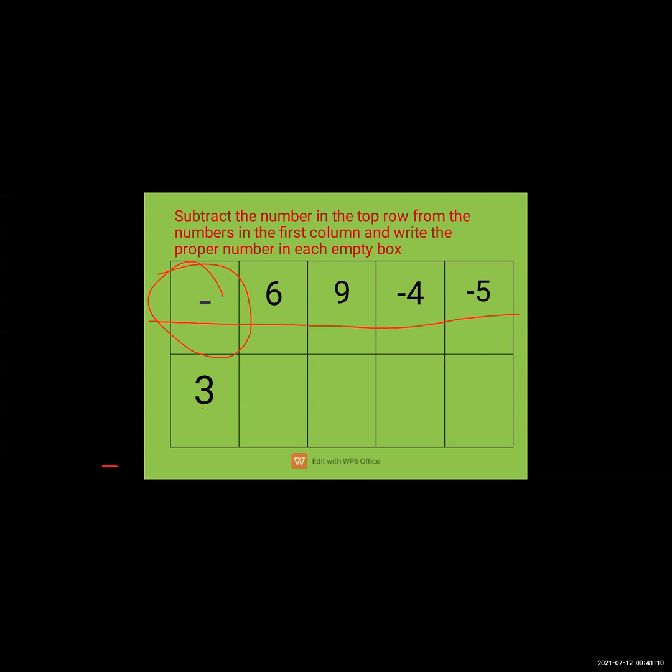Okay, what is this? Here it is a minus sign, so you have to subtract all these numbers from this and solve here. So how will you solve? See, here it is 6 and 3. First we will write a 3. 3 is the same, because whatever number is there in this line, you have to write the same 3. And what is here?